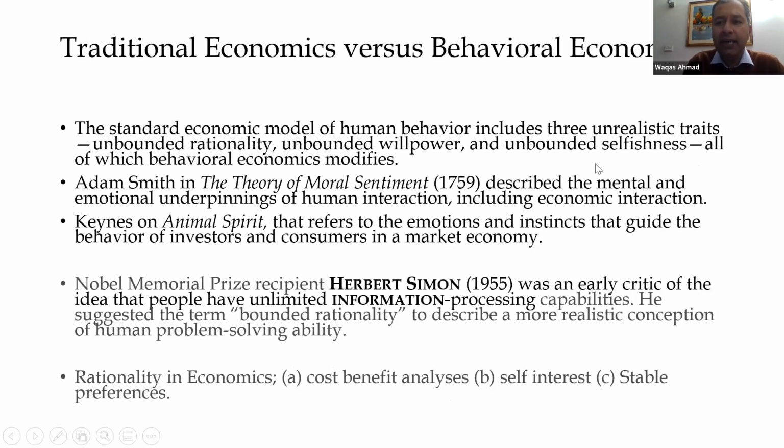So in the standard economic model, there are three underlying assumptions, which are unrealistic traits. One is unbounded rationality. The economic agent is rational and it is unbounded, like it is fully rational. Unbounded willpower and unbounded selfishness. So whatever people do, they base it on these three, which are actually unrealistic traits. And all of these, basic,